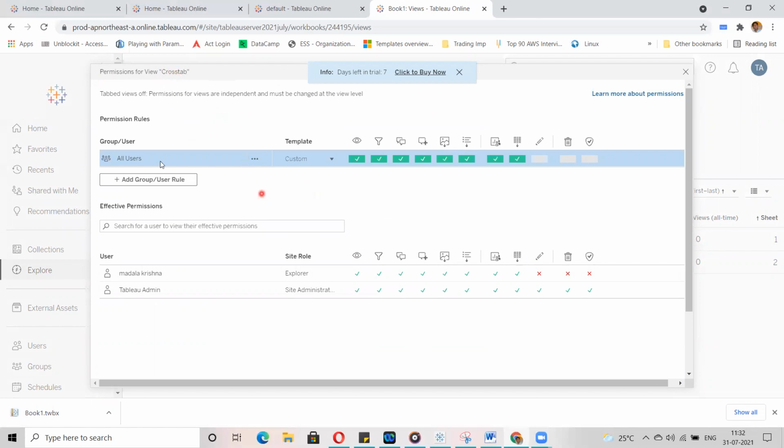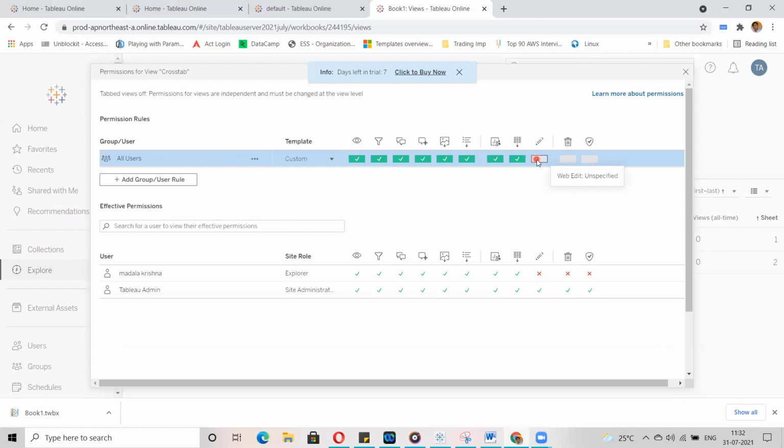Now you can see all users. This is the default; if you create any project, all users are included there. You can see this user has view permission, filter permission, view comments and so on. Wherever you see a green tick mark, those permissions are already allowed.